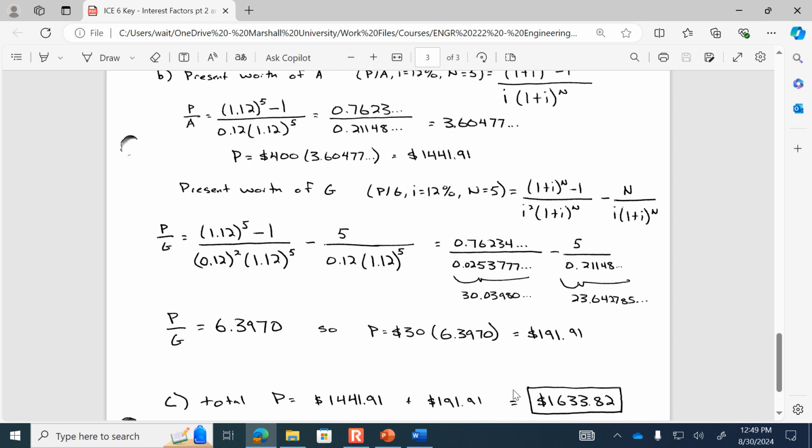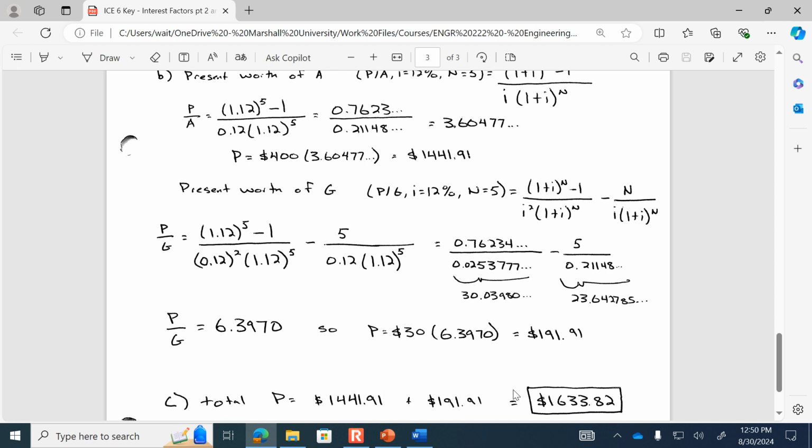So we would find a lump sum. So like B is the equivalent lump sum of the gradient. Find P given G. And then how would we finally get that to year 0? Take B to year 0 with